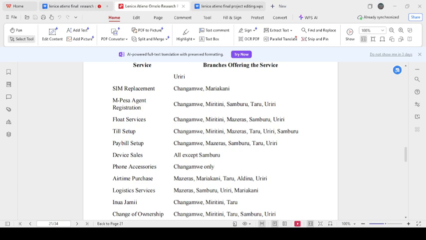And then we go to devices. They are sold in all branches, in all the 7 branches, except Samburu. So when a customer is in Samburu and they want phones or other phone accessories, they cannot access them. So they'll have to go to another branch, either Taru, Mariakani, or any other branch. This is easy for the customer, instead of going to that shop,